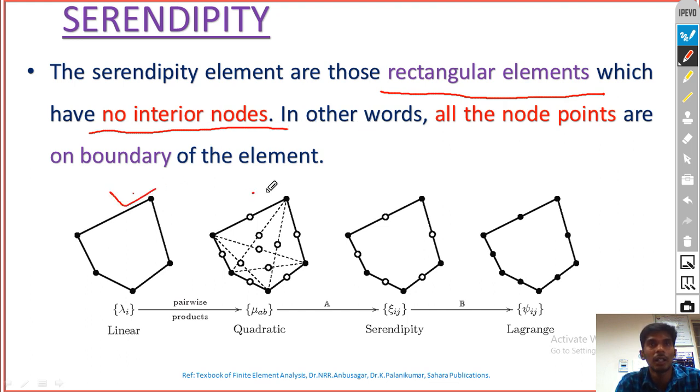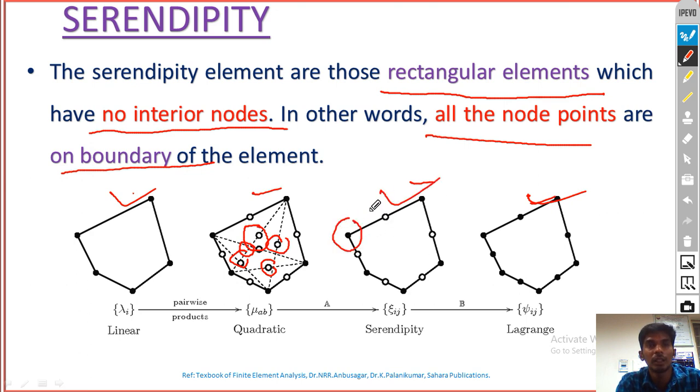All are rectangular or irregular in shape, but all the nodes are on the boundary. In some cases we name it serendipity, but where some other nodes are defined inside the element,